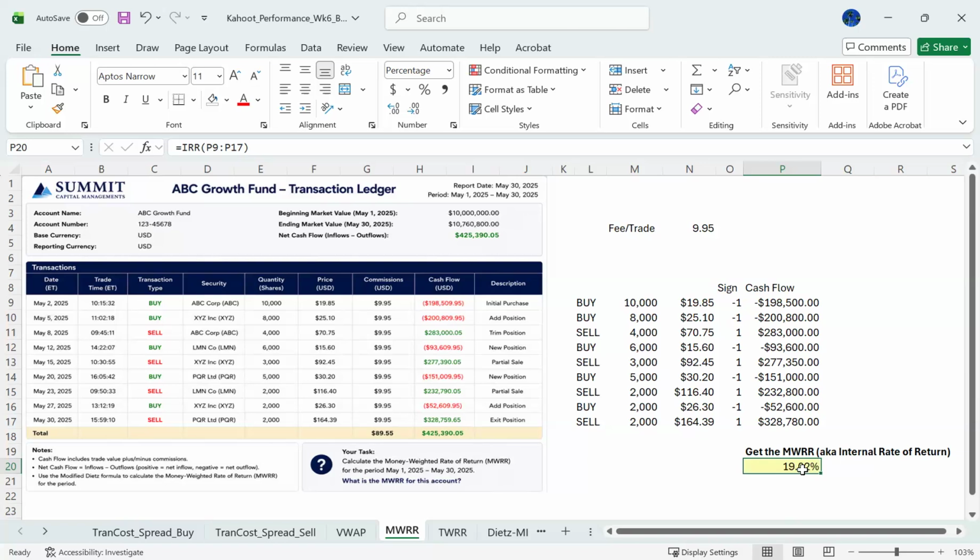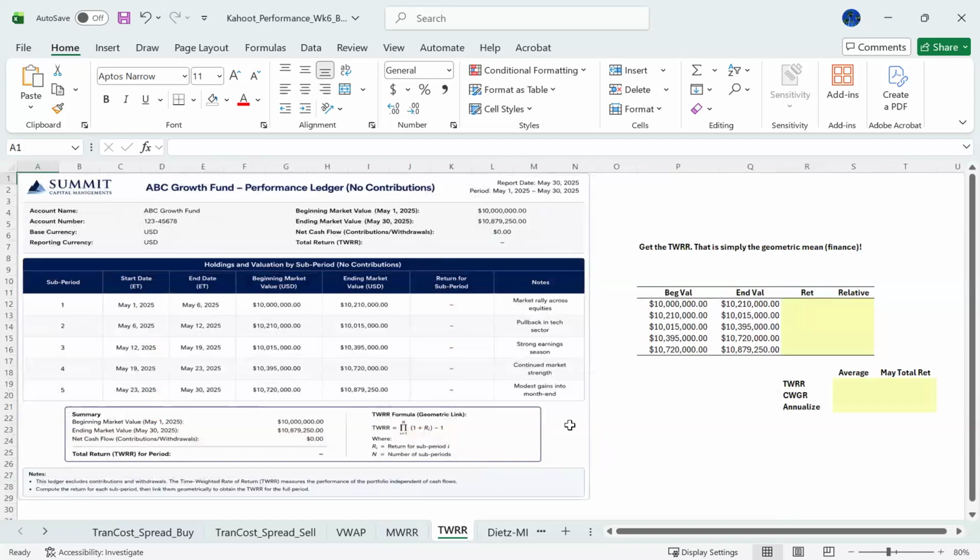But that's something that you could explore and see whether and how it would make sense. But for this video, this class section, this money weighted rate of return, this is the way to calculate it. And then the other possibilities would correspond to a different topic, and we could talk about that later. Now, time weighted rate of return, okay, which is simply the geometric mean in finance